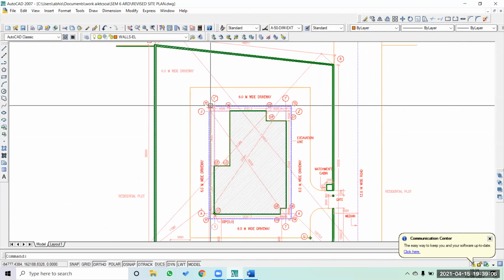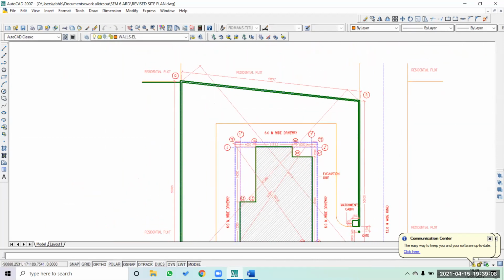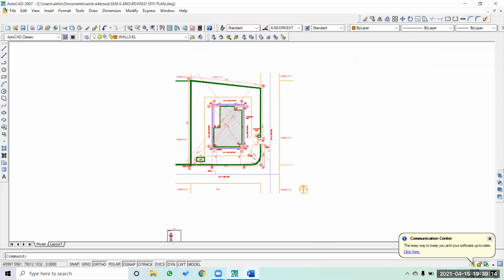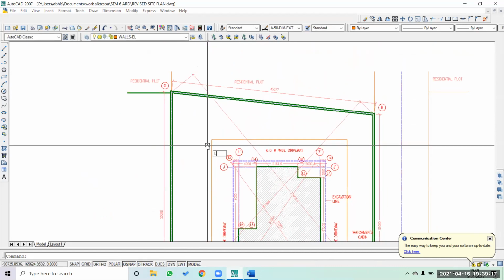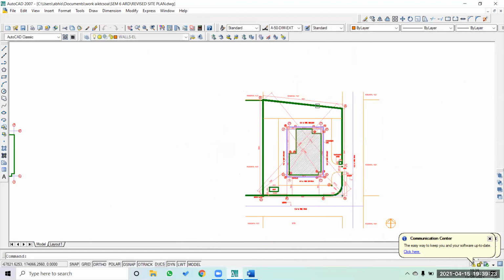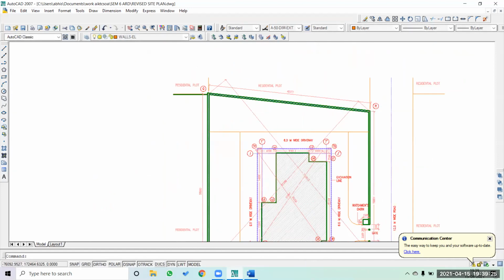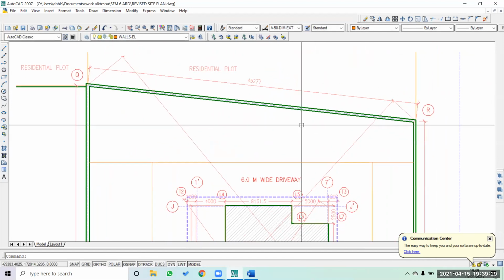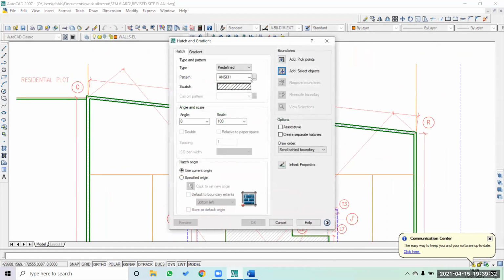After completing this, you have to go for the marking of the recreational ground area, or the RG area. So in my particular design, I'm allotting this as an RG. Make sure that it is at least 10% of the area, and I'm going to demarcate this particular RG with a particular hatch.